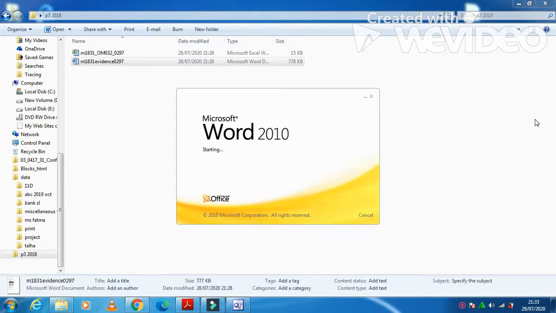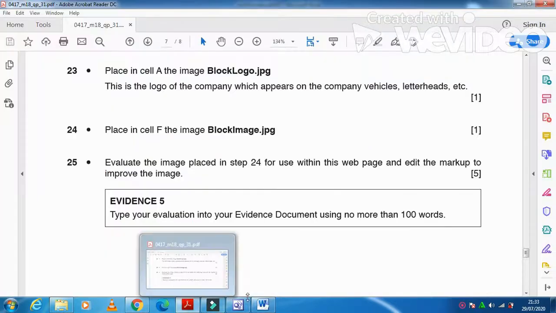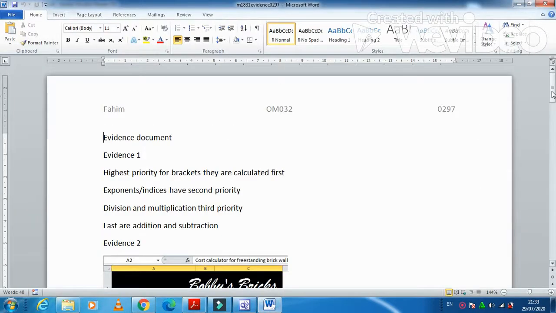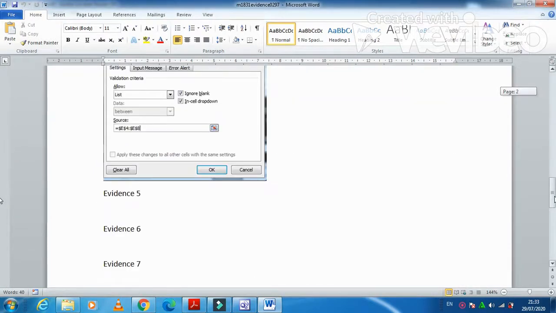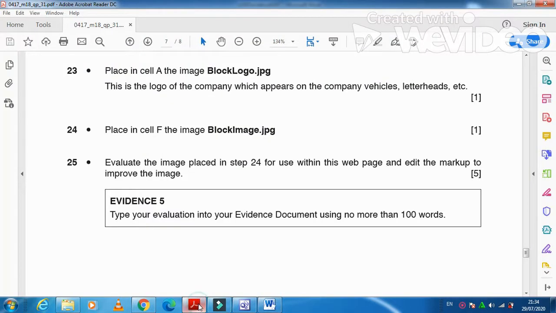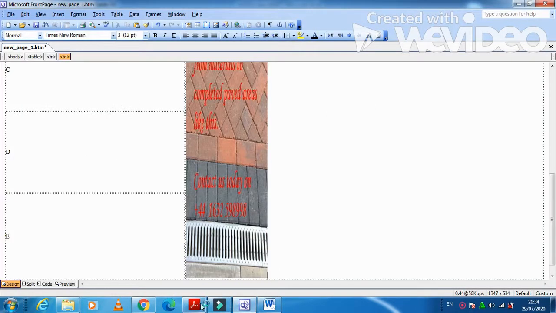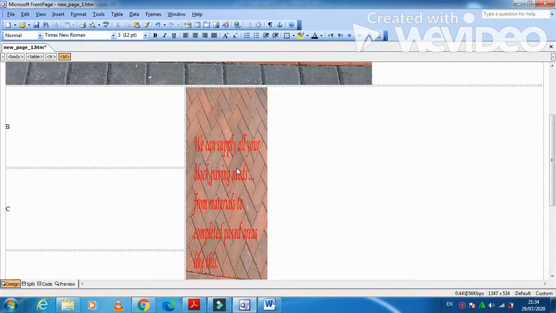Now moving forward to evidence number 5. What can we mention here for the evaluation of the picture they are talking about in step number 24?